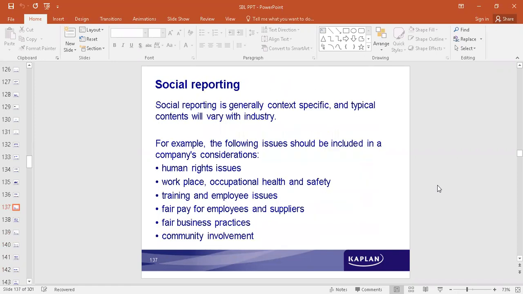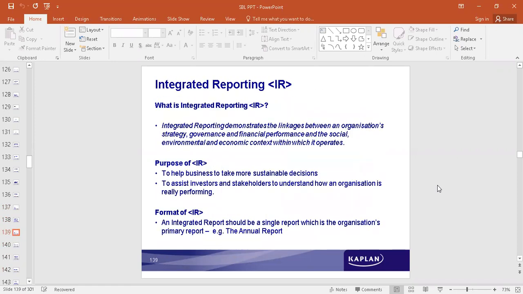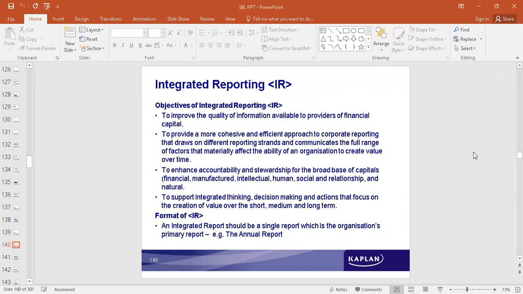Then later on, we also did learn about an important concept called integrated reporting. See, of late, this topic is being tested in the examination. So here, as part of stakeholder analysis, because stakeholders are seeking information from the organization, the best possible way to provide information to the stakeholders is by way of integrated reporting. So that's the concept we understood.